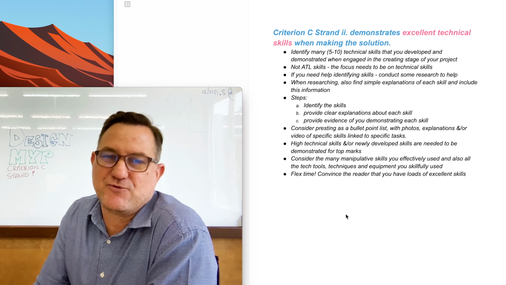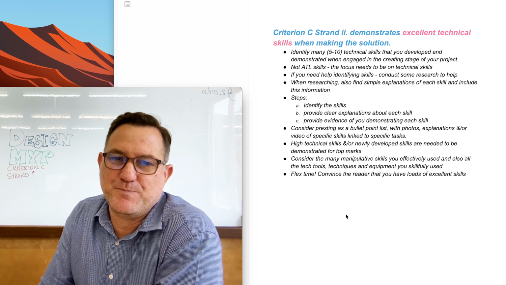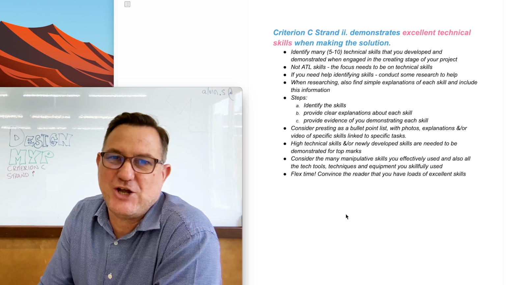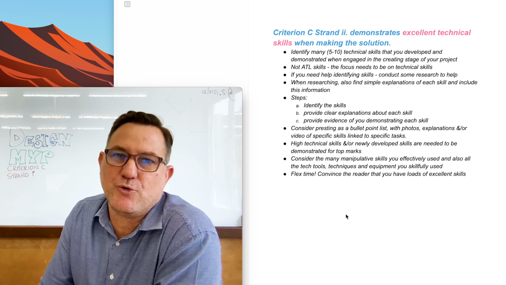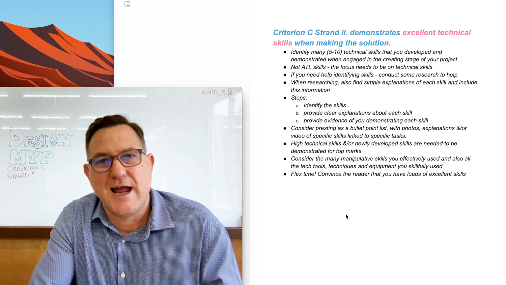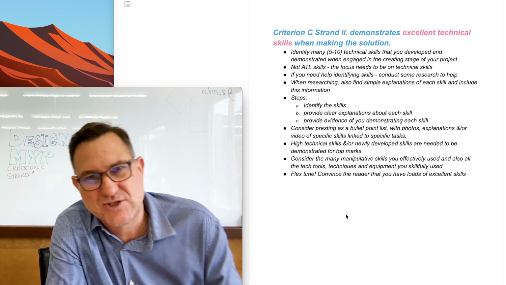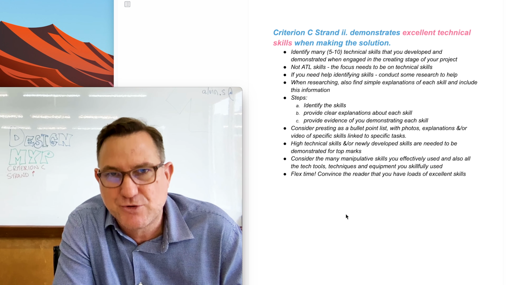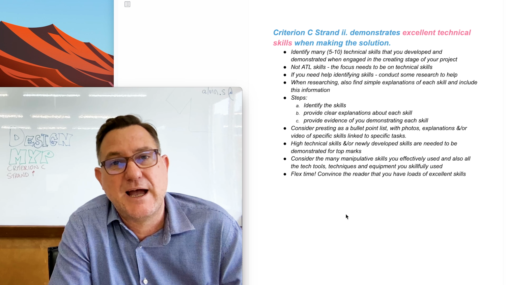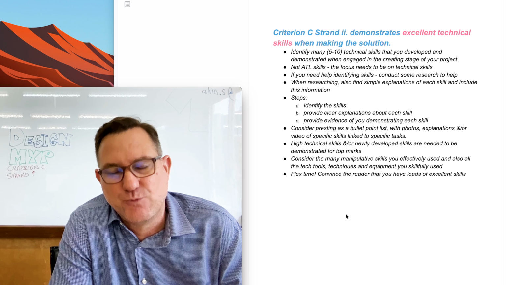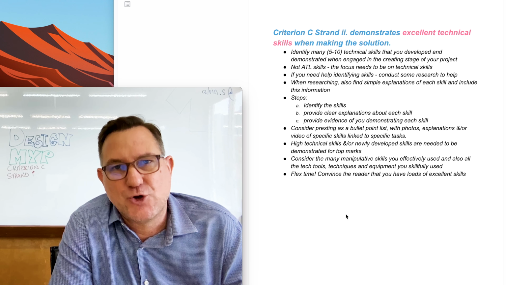So here are a couple of tips on what to put in your report. The first step is to actually identify some skills. Now be very specific here. Think about whatever it was that you created, and then think about what kind of skills you developed through the process, or maybe you already had certain skills, and what kind of skills you incorporated to make